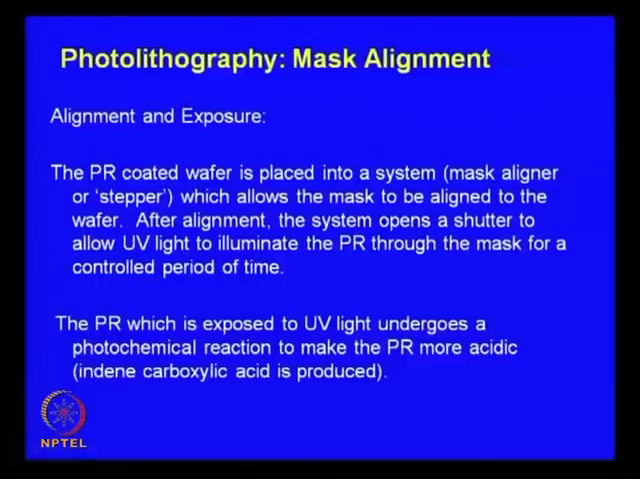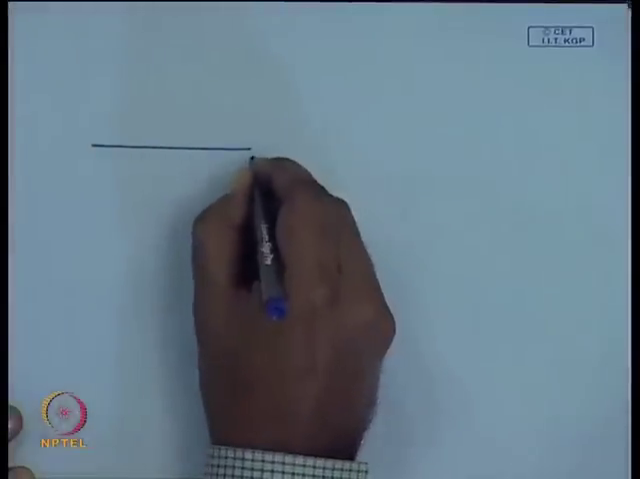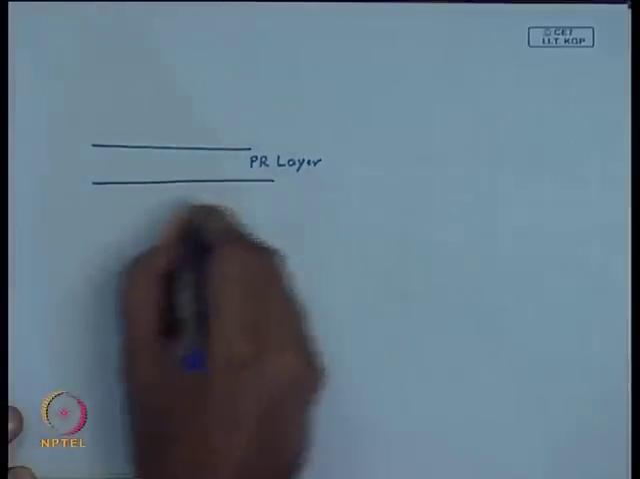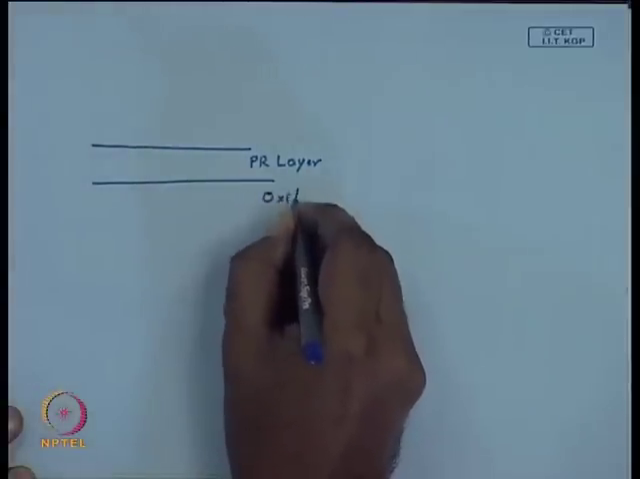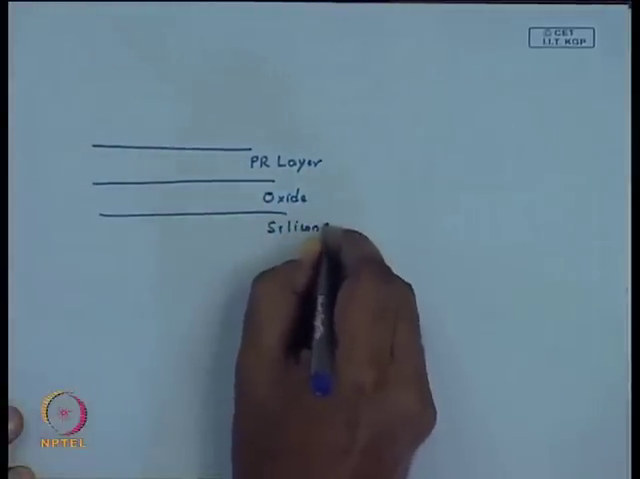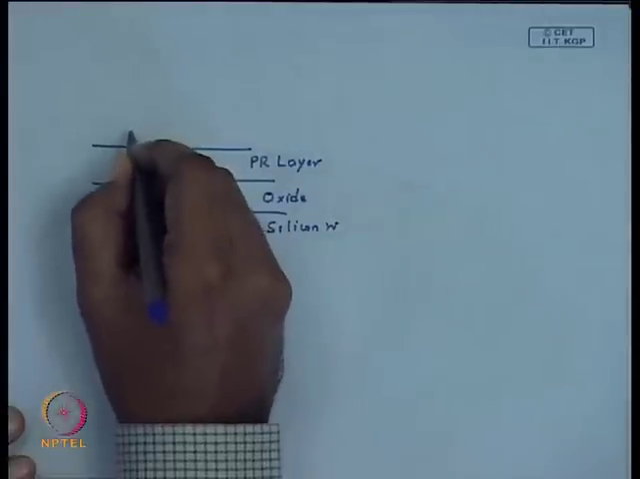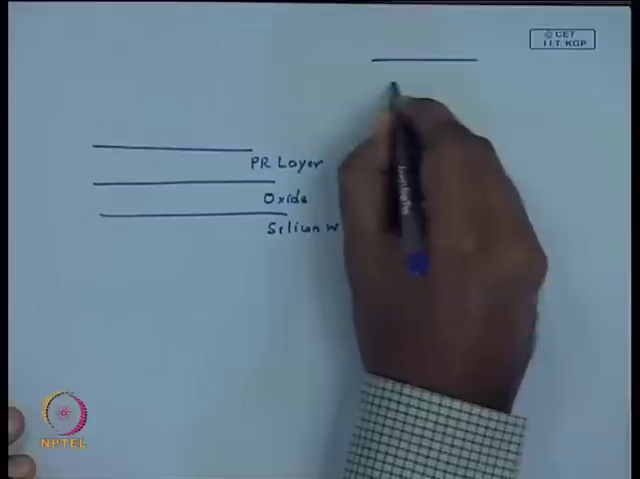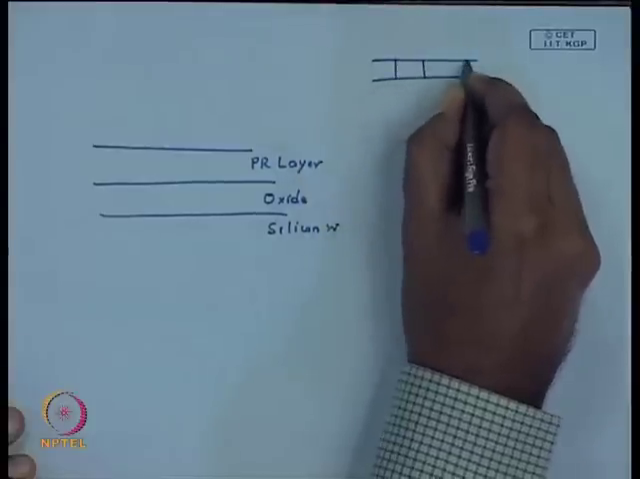Since I have briefly introduced you to the concept of mask aligner, you now have the photoresist layer on the oxide coated wafer, and you have a silicon wafer. Now you have your mask aligner in place. So, you have your mask, let us say